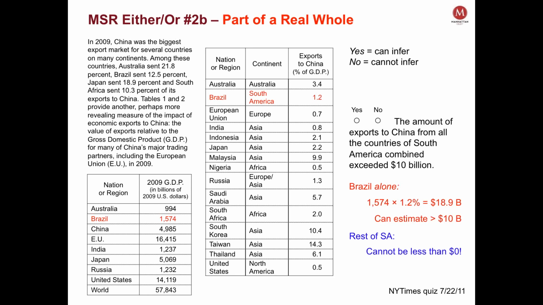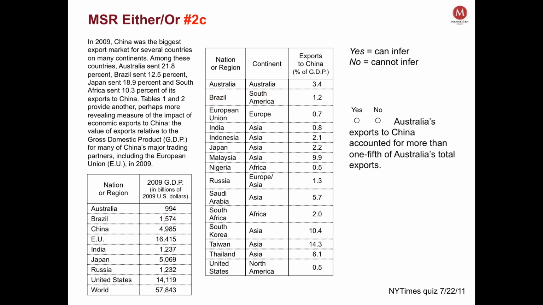Unless there are a lot of questions on these, we can just sort of move through. And then this one: Australia's exports to China accounted for more than 1/5 of Australia's total exports. Look, it's a fraction to decimal conversion problem, 1/5. Well, what do I know about Australia's exports? I just looked this up. 1/5 is 20%. If you struggled with that, you could divide 1 by 5 in your calculator, but I don't think you guys would have to do that. So this one's one of the gimmies, and that's nice. There are some on these panels that are gimmies.